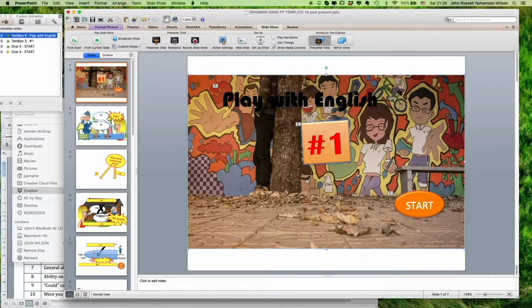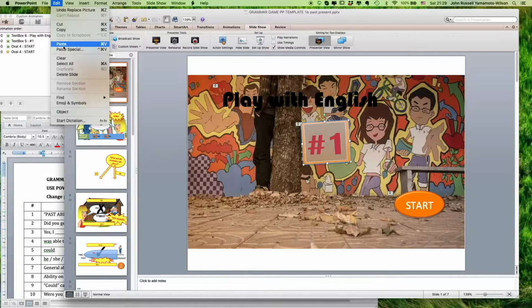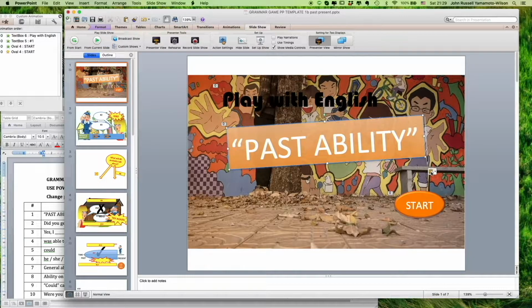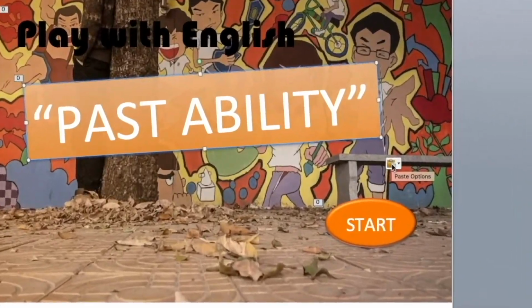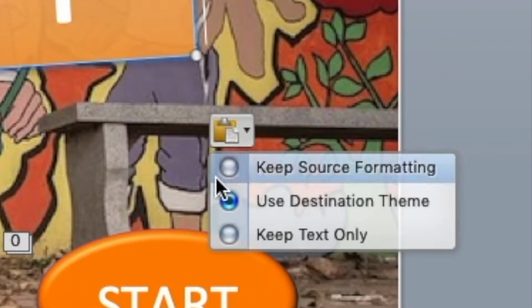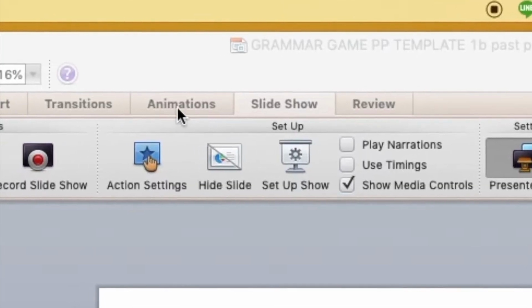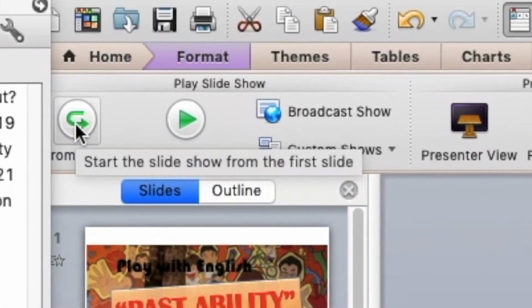And the only other thing I need to do on this slide really is replace the text marked as #1. So I highlight that bit of text, then I go to the text, highlight the first item and copy it. And then simply paste it in to the PowerPoint. As you can see, the text has changed colour from red to white, so there's a little icon here called Paste Options, which we're going to click on, and I'm going to choose the Keep Text Only option. And hey presto! So now if we play that, it should look something like this.